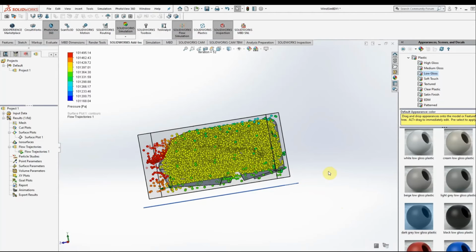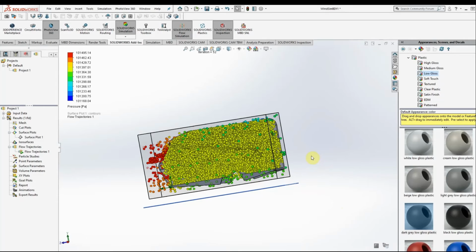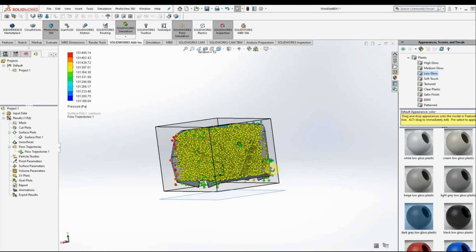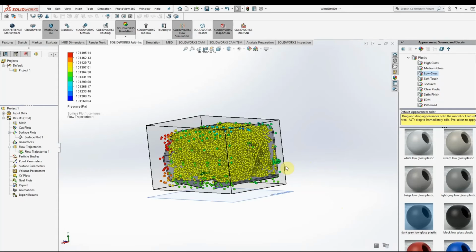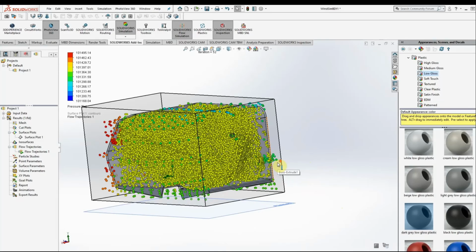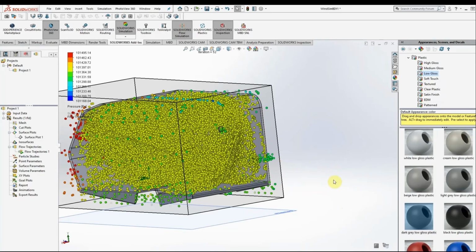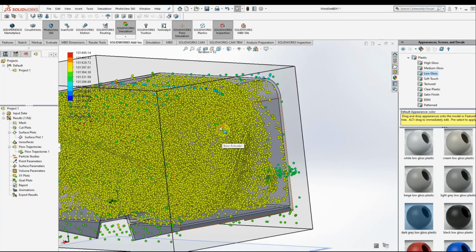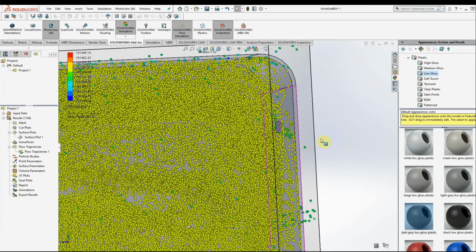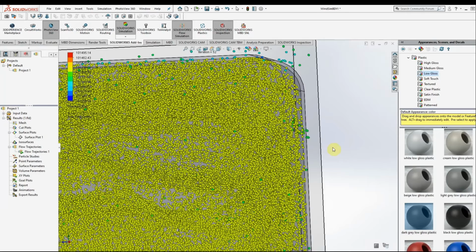So here we see the flow simulation. I don't know if it's moving fast enough in the video for you to be able to see the motion there, but it's very clear, and it's much better when I'm watching it and governing for design and stuff like that. But you can see the pressure build up on the inside there, which is a lot better now because it's also showing us the velocities